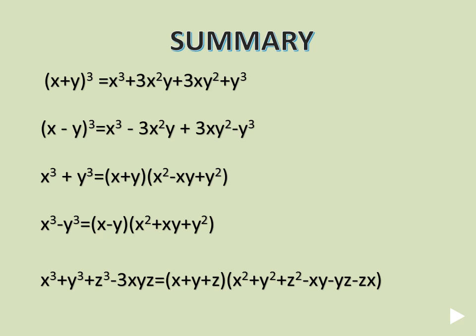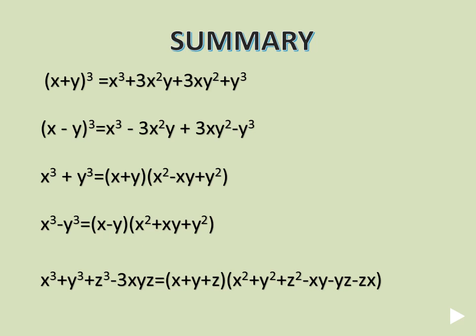Now the third term, if you consider, is 3xy square. Again the power of x is decreased by 1: the previous term had x square, now we have x only. But what happened to y? The power of y is increasing. Now the last term, that is y cube. So these are all four terms. For (x minus y) whole cube, the terms are also the same. But what is the difference? Only the sign. x cube plus 3x square y plus 3xy square plus y cube is the expansion for (x plus y) whole cube.